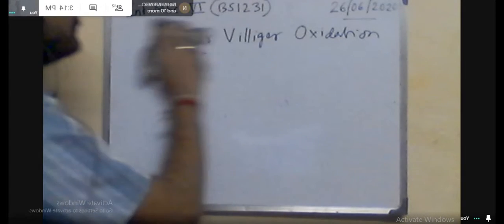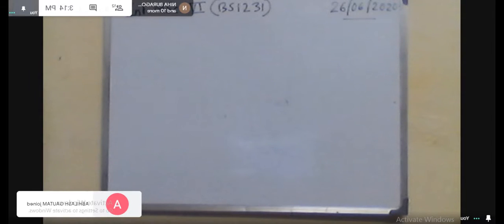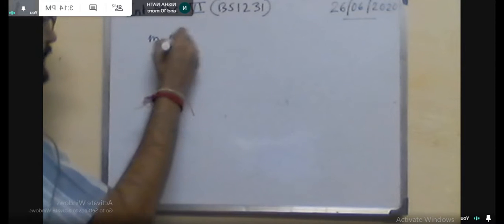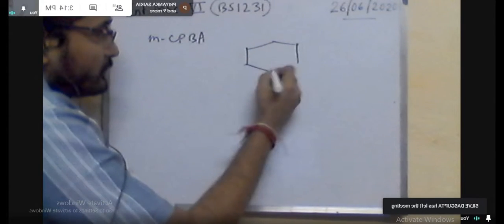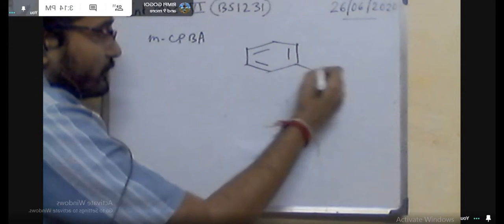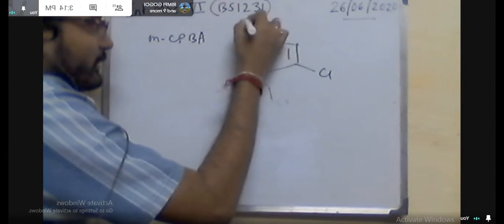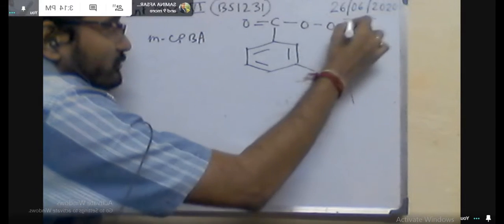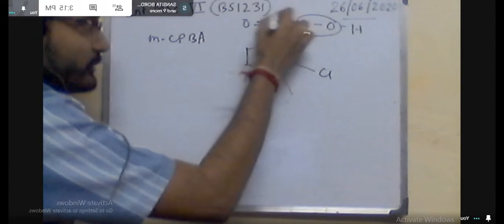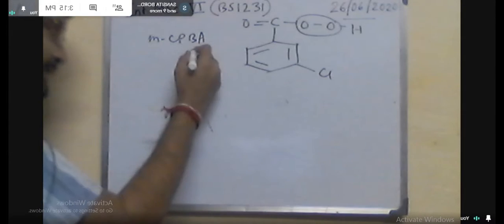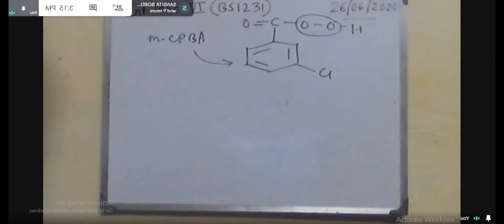Generally the peroxy acid is used. Say if we consider MCPBA, we know the structure of MCPBA, that is the metachloroperoxybenzoic acid, C double bond O. This is the peroxo group and this is the meta position with respect to this functional group. So as a whole, it is named as the metachloroperoxybenzoic acid. Now in this case, when we are using